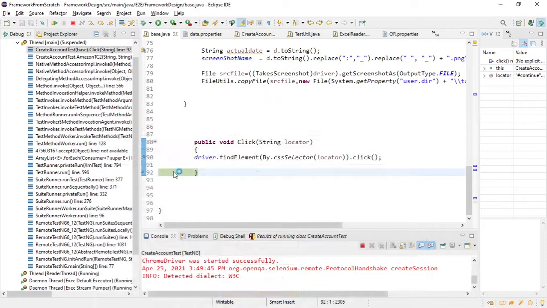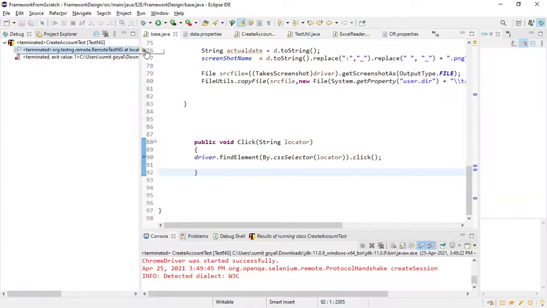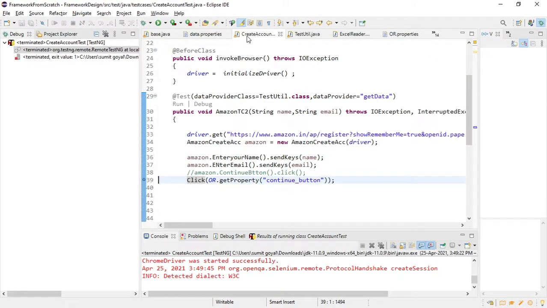So similarly, using this click method, we are calling it a keyword here, right? Similarly, you can create many keywords, like type for sending some data. You can say sendKeys is one keyword, or you can say type. This is one keyword you can define in the base class. Similarly, you can say select if you want to select any data from the drop down, so you can say select keyword. So we are calling these keywords in our framework, which means we are using the keyword approach as well in our framework. Is it clear?